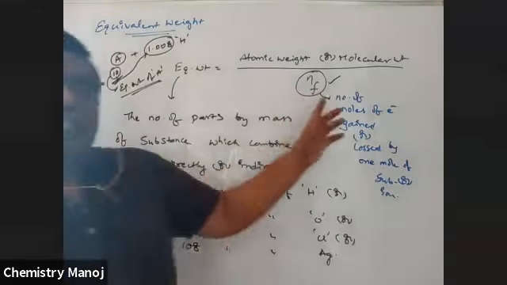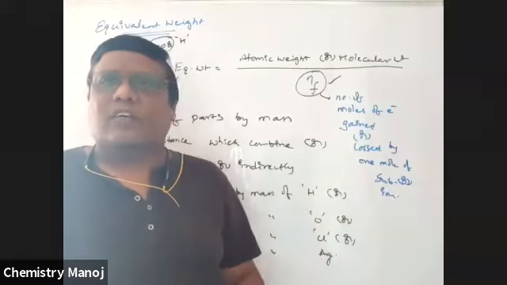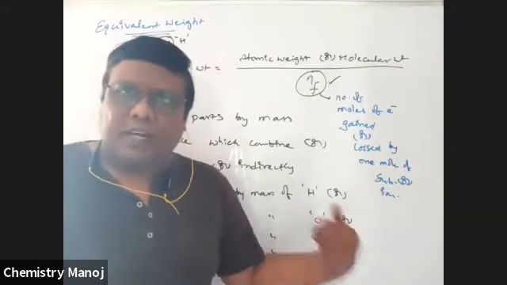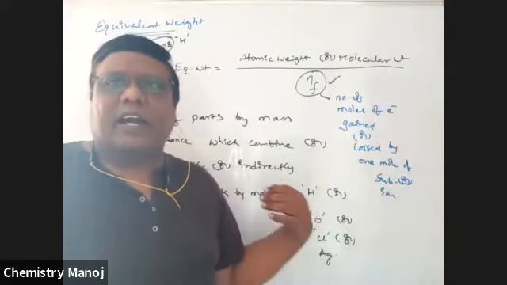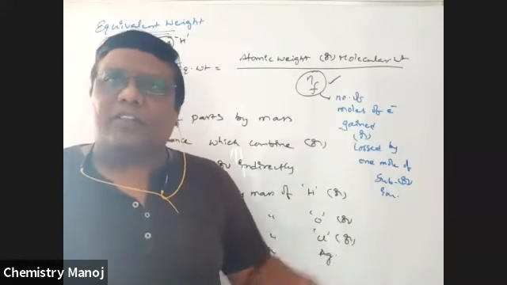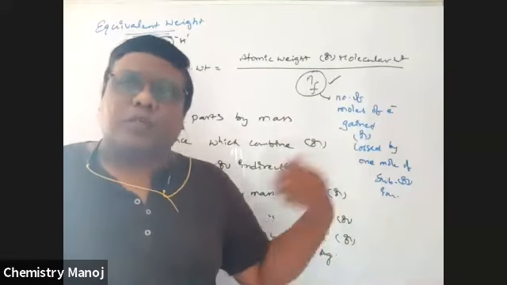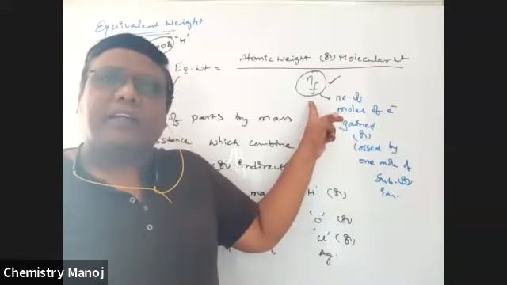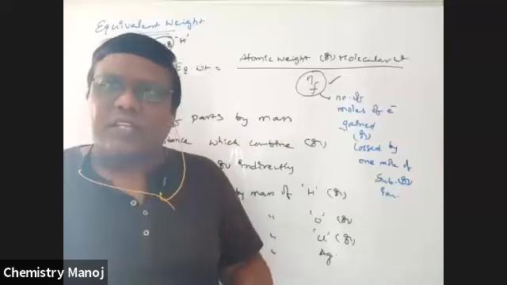So n factor is nothing but, that means as we already said in the previous case, 4 moles of electrons are released. 4 electrons means 4 moles of electrons, or 6 moles of electrons, or 10 moles of electrons. While balancing, 6 electrons are added on the right side, or 10 electrons are added on the left side. Those 10 electrons or 6 electrons are nothing but 6 moles of electrons or 10 moles of electrons. That means moles of electrons may be released, or moles of electrons may be gained. That loss or gain of electrons is nothing but the n factor. That lost or gained number of electrons is called the n factor.